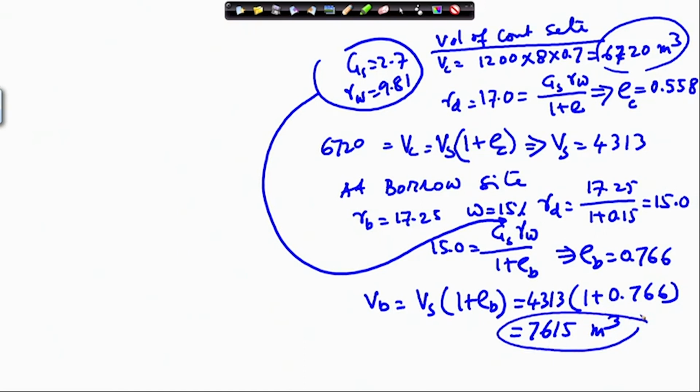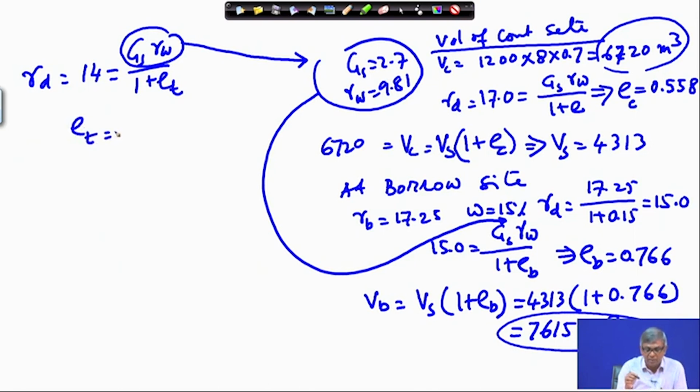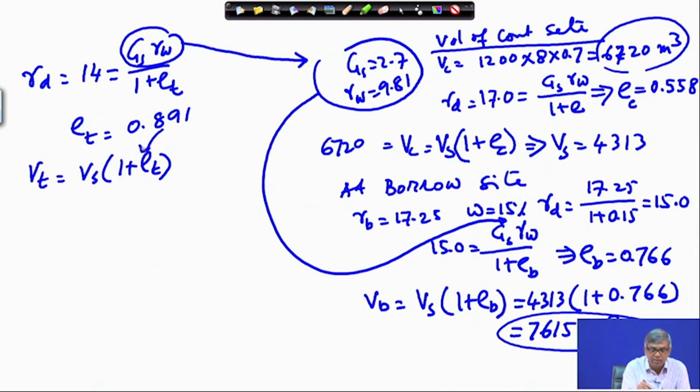And now during filling or excavating, your gamma D is 14, and that will be equal to, again I can do GS gamma W by 1 plus E, suppose, and E is not known, so it is E at transportation time, what is the void ratio. So if I take the same as this, then this gives you E transport time will be a value 0.891. So V transport will be how much? Vs into 1 plus E transport. So if I use this value here and Vs already known, then I am getting a volume equal to